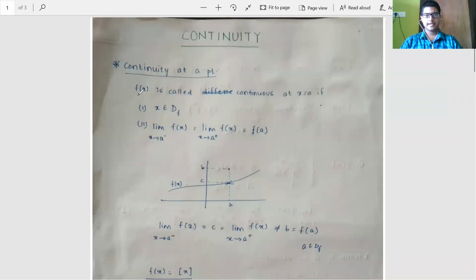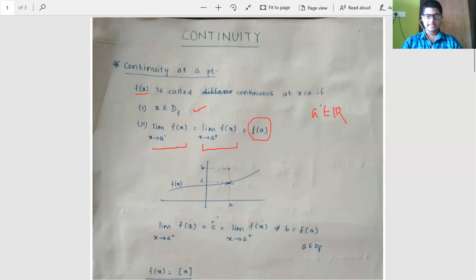So let there be a function f(x). So f(x) is called continuous at x equal to a, where a belongs to the real numbers, if it is defined as follows. First, the point x, or here a, should belong to the domain of the function. If it is not in the domain, then we cannot comment about continuity of the function at that point. And second, the LHL that you must be remembering from limits classes. So LHL should be equal to RHL at point a for the function f, and it should also be equal to the value of the function at that point.